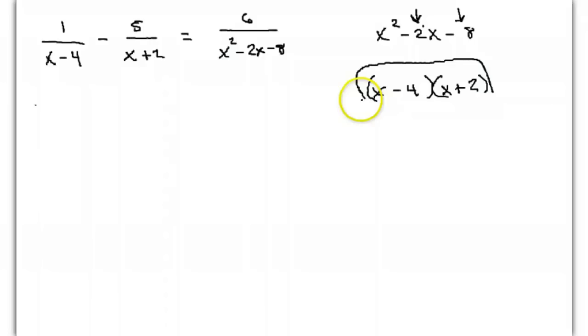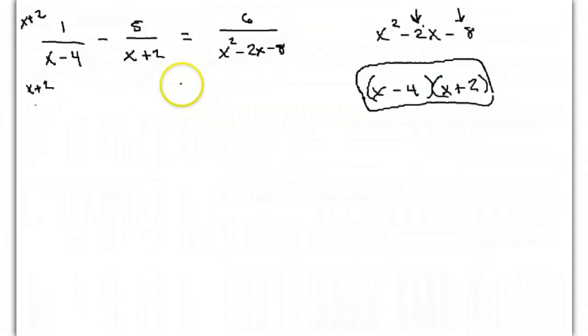So since this is the common denominator, look at this one. This one has x minus 4, so what is it missing? So you multiply top and bottom by x plus 2 on this one. The second one, what is it missing? It has x plus 2, so you multiply top and bottom by x minus 4 on this one. Yeah, we multiply x minus 4 times x plus 2, but don't multiply it out